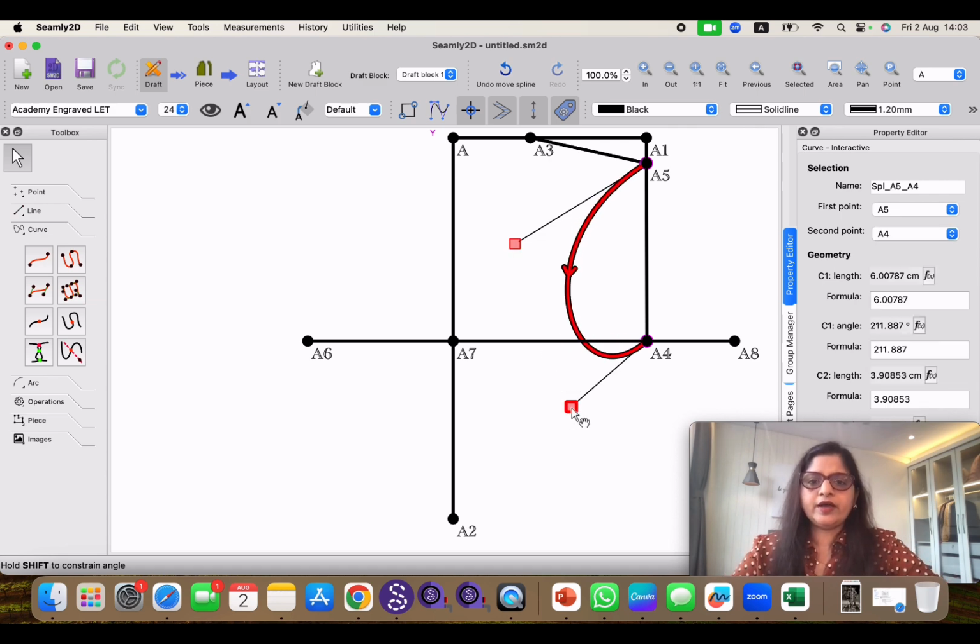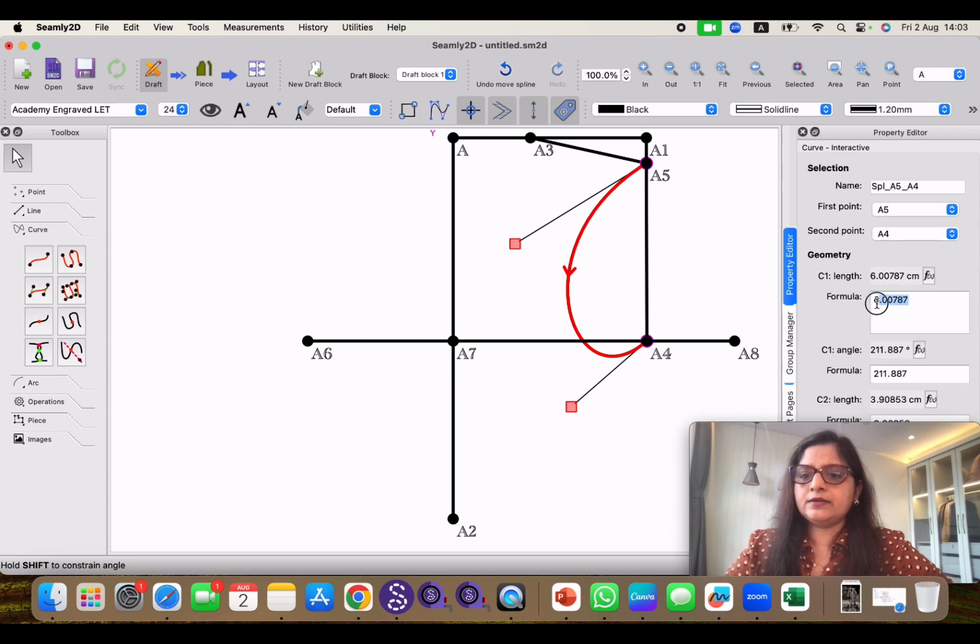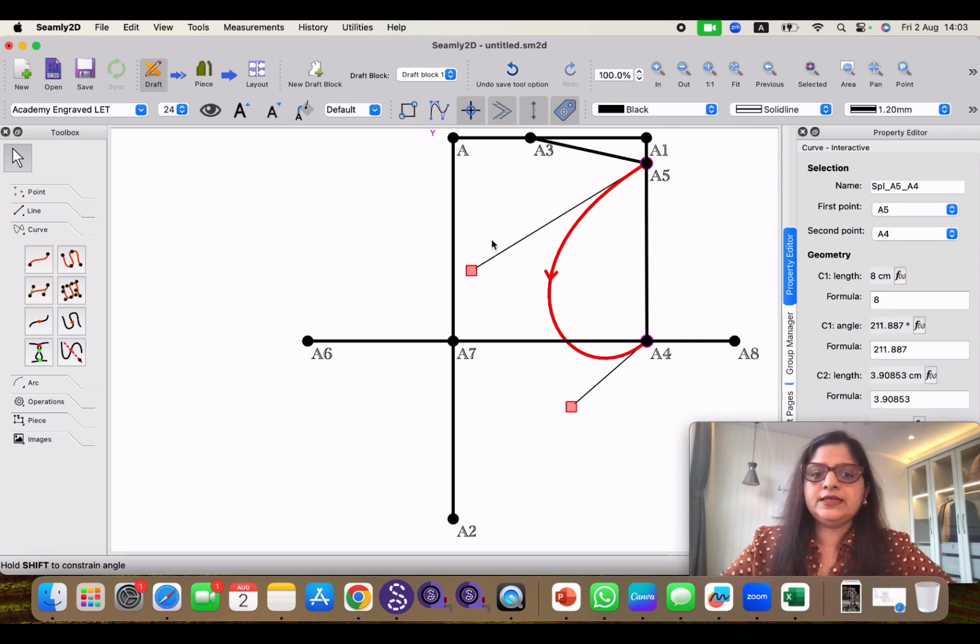If you have ever used vector based software, you know how to handle the nodes. You can change the length and angle from here. C1 is the first and C2 is the second. So we can change the length, like here I can change the length. If I press angle, you can see this handle become longer and the curve has changed accordingly. I can change the angle also. If I press 270, see, the curve has changed drastically. So hope you understood this. I'll press Command Z